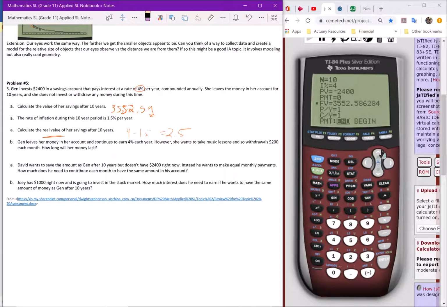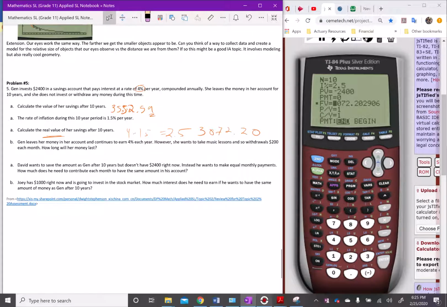So the easiest way to do this would be to go up here, change this to 2.5, and then go down here and say alpha solve. And so the real value of our money is $3,072.20. That would be the best way to do it. Another way to do it would be,